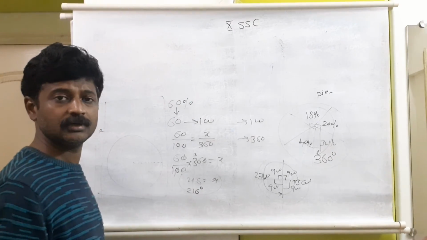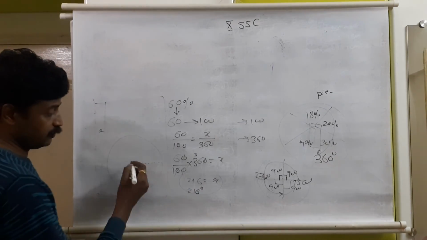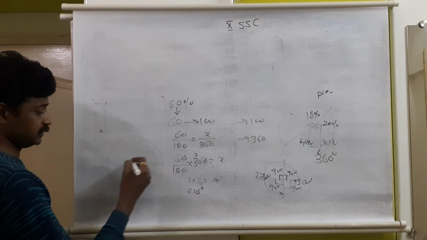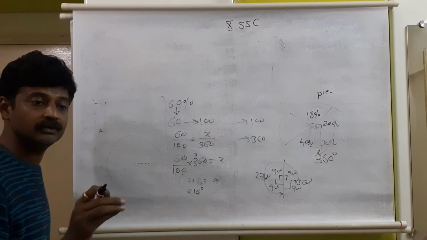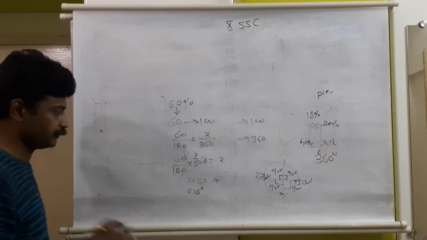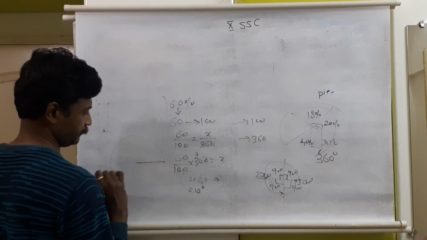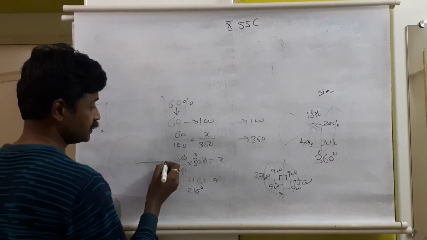Marks will be given to both of them. It depends on the person. I want here, somebody wants here, somebody wants there. It is up to you. There is no restriction in mathematics. Okay, so I consider this as the starting point. This is 0, this is 0 degree.